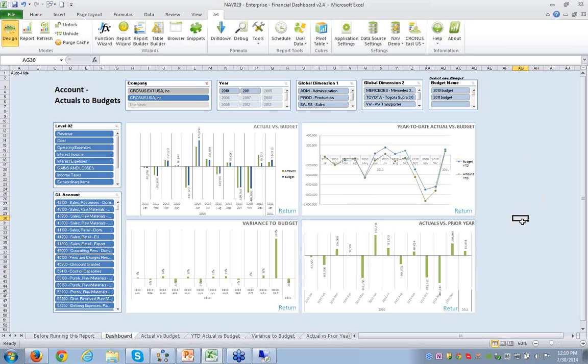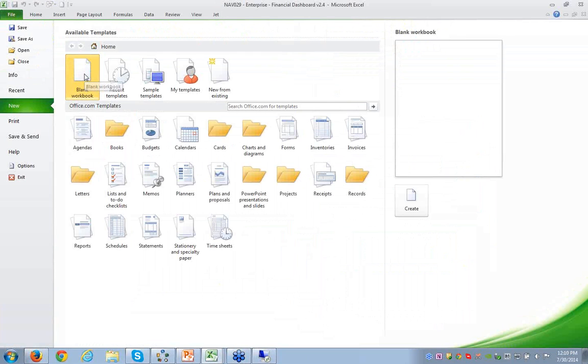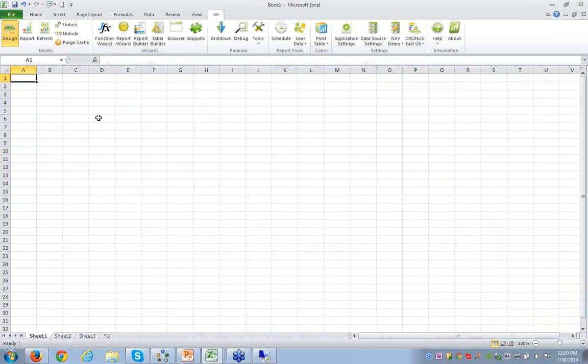So let's take a look at what it actually takes to build one of these dashboards and really the ease of use advantage of Jet Enterprise. So I'm going to go ahead and open up a blank workbook here. Now, up here on the Jet ribbon with Jet Enterprise, what we're going to utilize mostly is this pivot table cubes icon. So if I go ahead and click that,